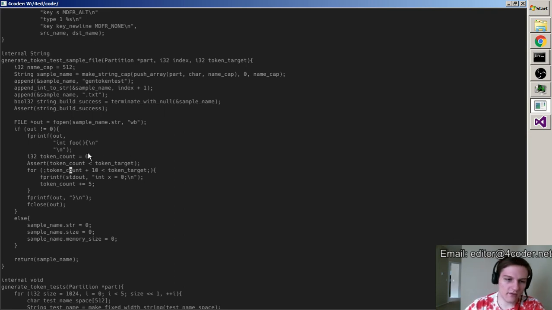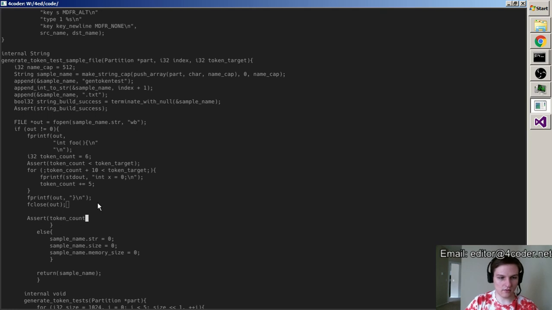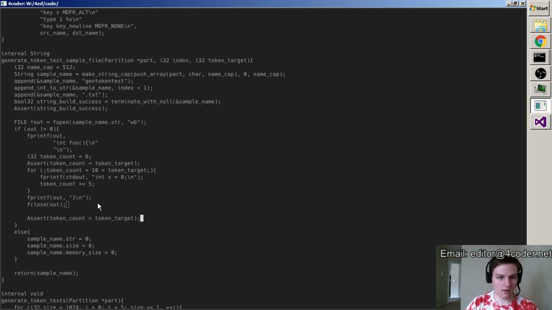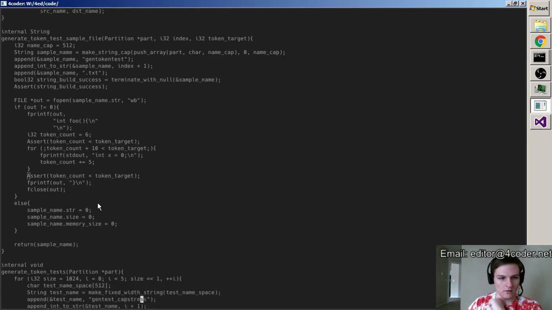So the only way this could ever fail is if this was at 6. Then we would stop right away and already be there. But I just want to make sure, so the final token count will always be less than token target. There's no question. Alright. Let's just be absolutely sure by asserting right here that at no point along the way does token count actually become equal to or greater than token target. So then